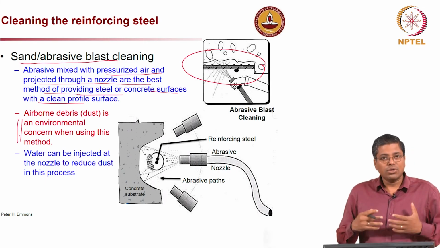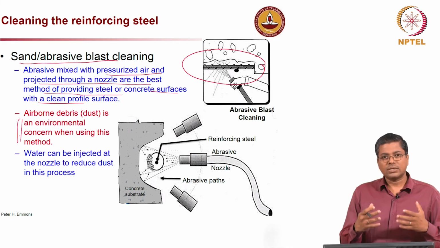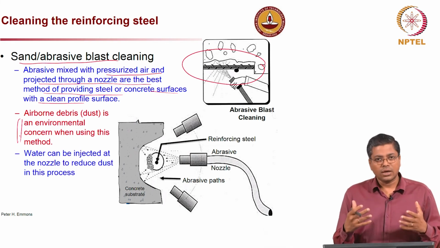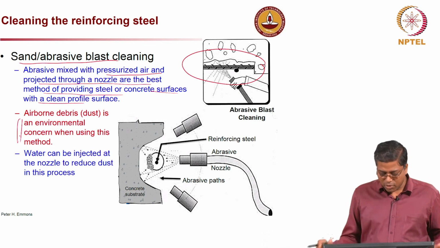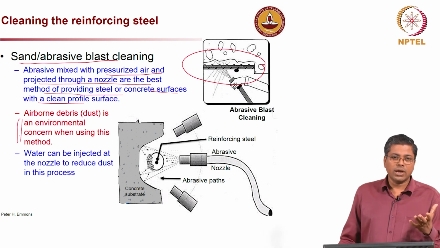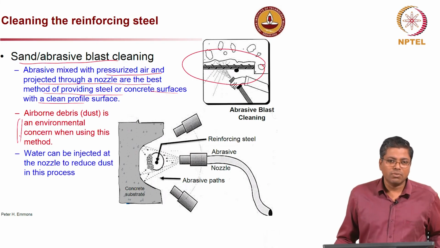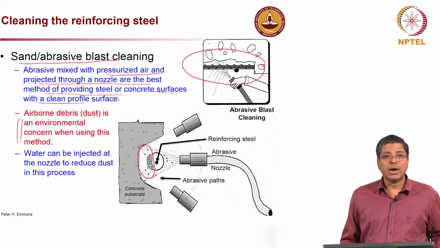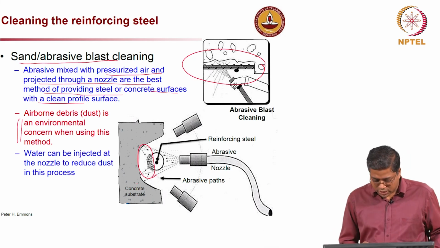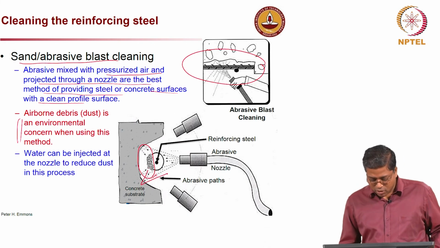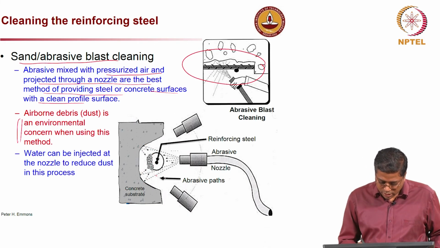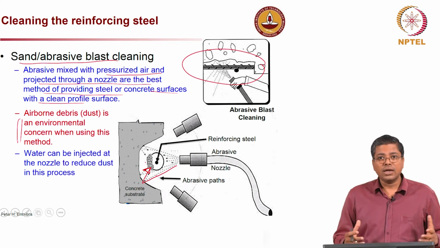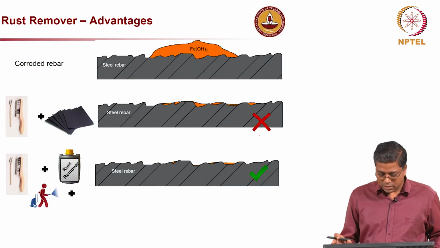So, the point is we have to use these kinds of tools, and the contractors and the stakeholders must enforce this. They should promote the use of these tools, seeing the advantage and getting a better quality repair work done by the end. Here you can see when you use this abrasive jet, it will also clean the rust at the back side of the rebar. Let me show you more clearly. It hits the concrete surface, reflects back onto the steel, and then the area behind the rebar is also cleaned. That is the beauty of it.